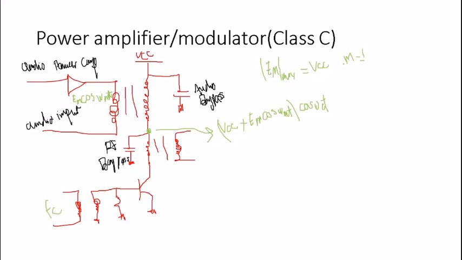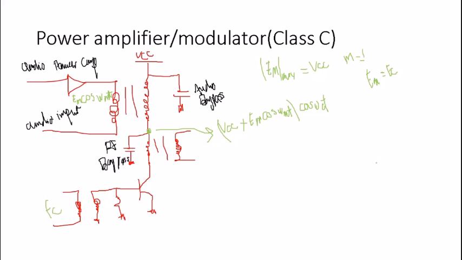So m is the modulation index. When this modulation index equals 1, we can assume that the amplitude of the signal equals the amplitude of the carrier. So we have E_m equal to E_c. And this is how we come up with this output voltage right here coming out of this Class C power amplifier. So we would like to design